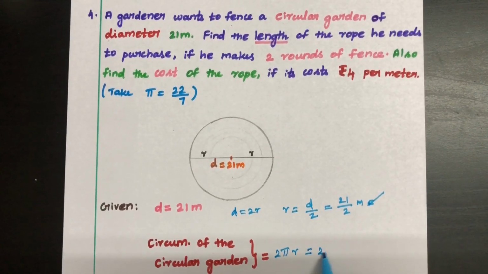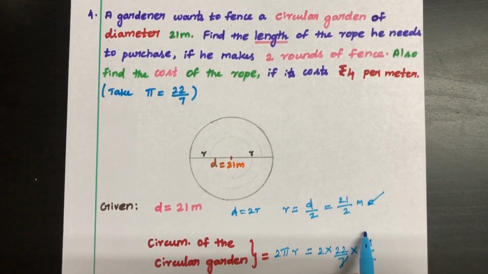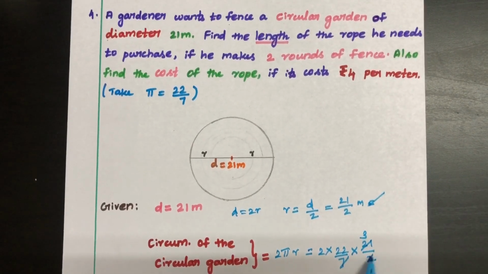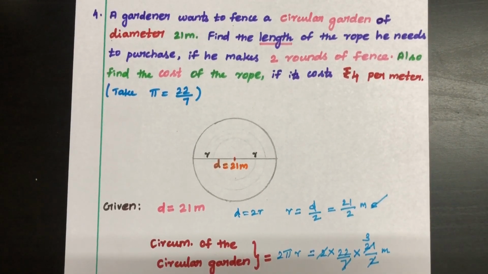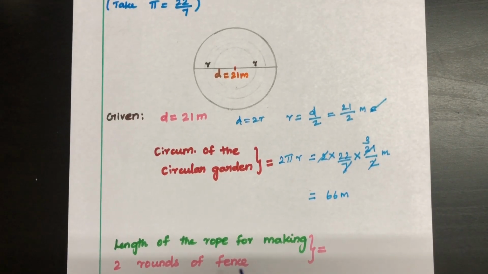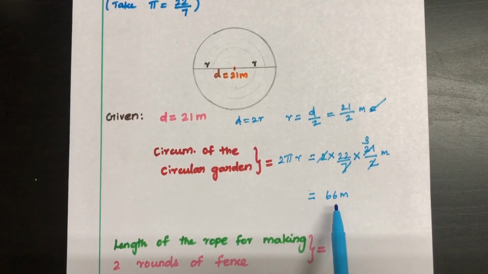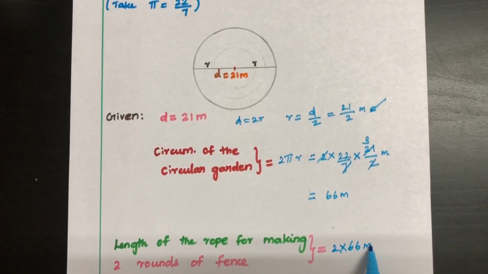This is equal to 2 into 22 by 7, the given pi value, into 21 divided by 2. If you cancel using 7, it is 3, and it will go, it is meter. So circumference is 66 meter. But what is the length of the rope for making 2 rounds of fence? He is not only making 1 round. For making 1 round, 66 meter is enough. But he is making 2 rounds. So 2 into 66 meter, which is equal to